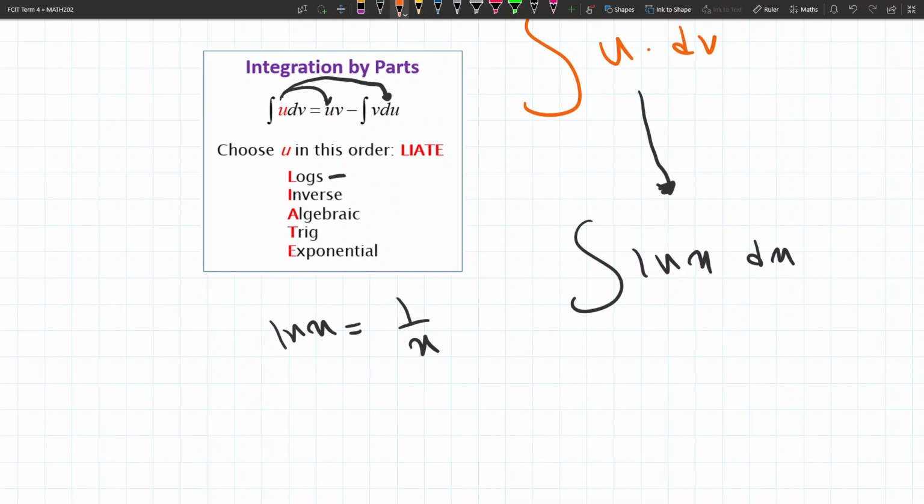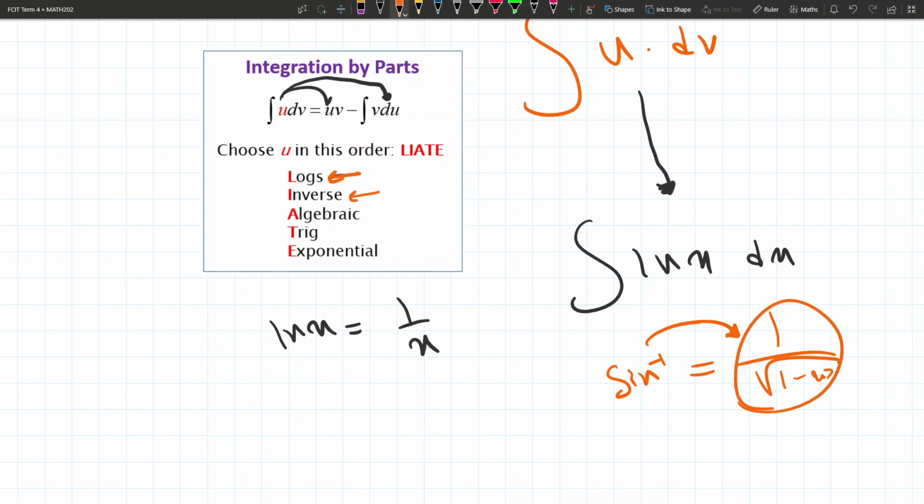So that's what they mean by doing log first, in this order. And now inverse. Even I don't memorize the formulas for inverse sine, I always derive them. Now sine negative 1 is going to be some formula like square root of 1 minus x squared or something. Now this is hard. This is the differentiation of sine negative 1, or arcsine. Now inverse means inverse trigonometric. Now inverse sine, or arcsine, differentiates to this equation. However, it's hard to think what would integrate to arcsine x. So you should do this second,